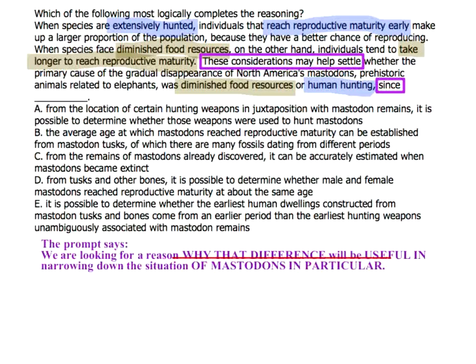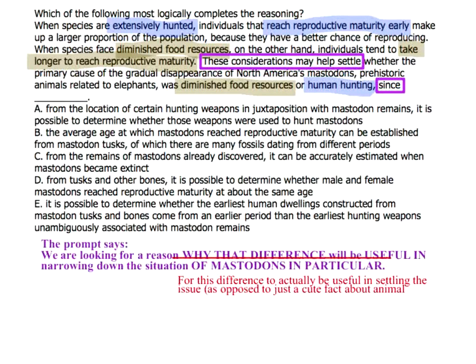So in other words, for this difference to actually be useful in settling the issue, as opposed to just being a cute fact about animal demographics,